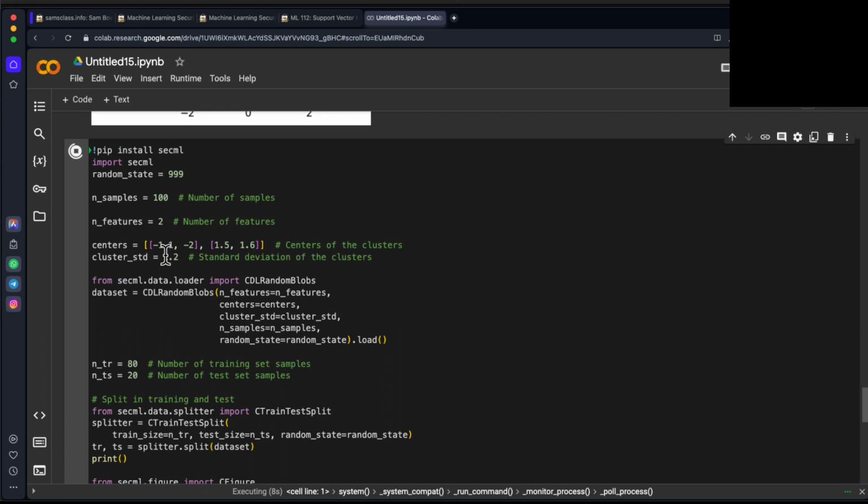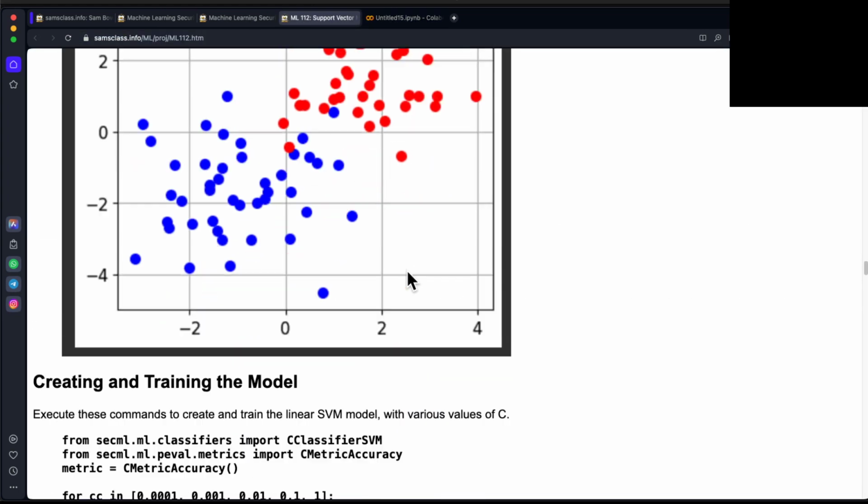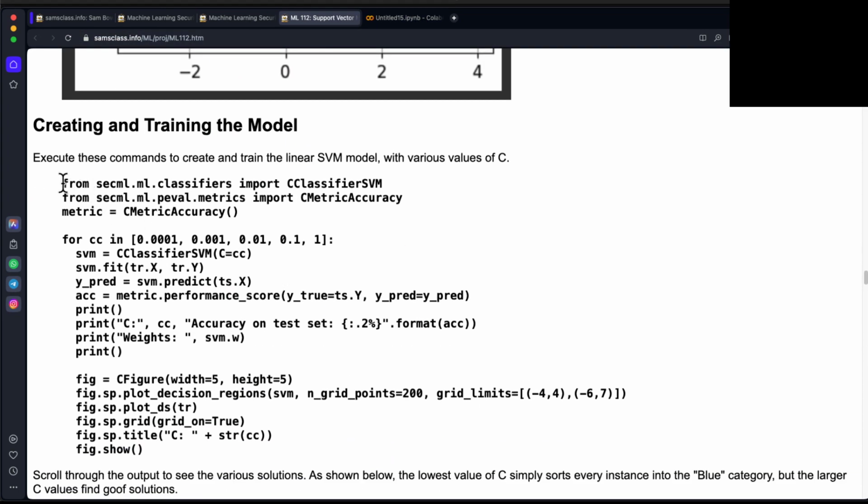So here, I think we left the centers the same, and I just made the standard deviation bigger, which is a way to make them overlap. So there they are. Now the red is up here and the blue is down there, but there's some overlap. And now when we train it,